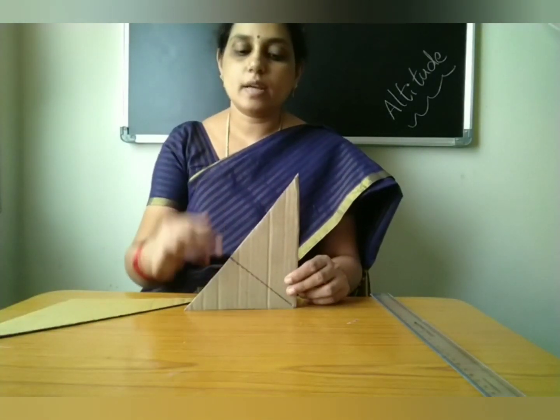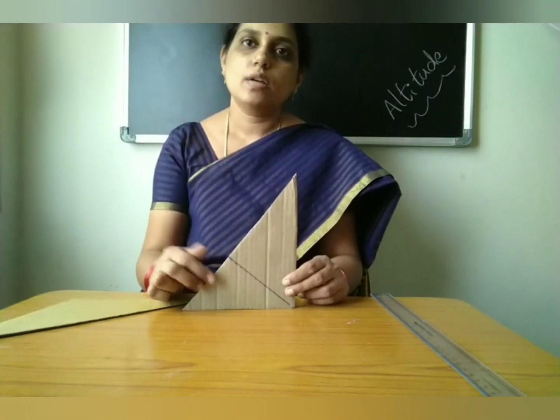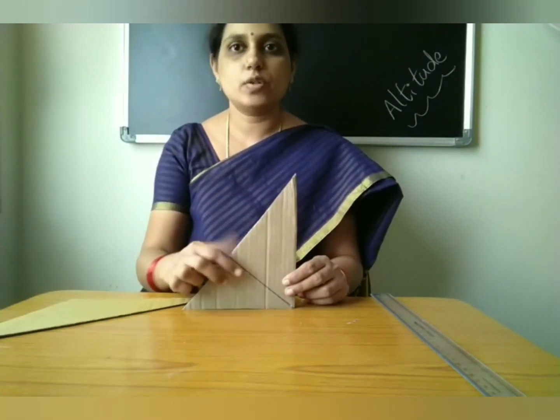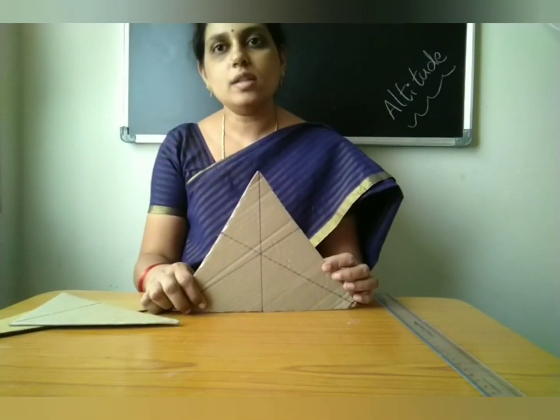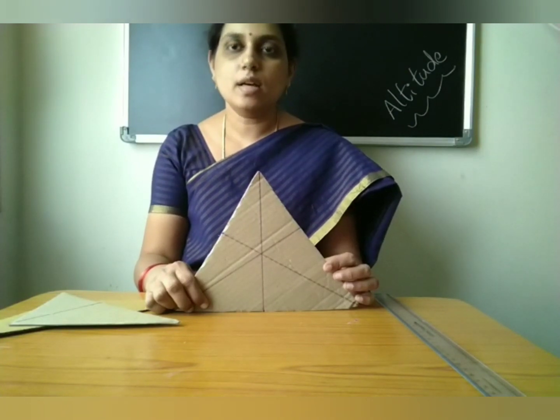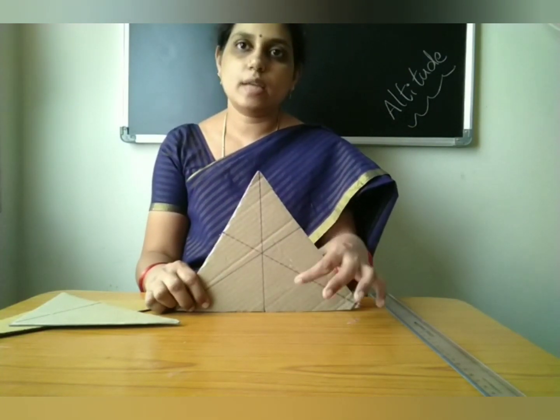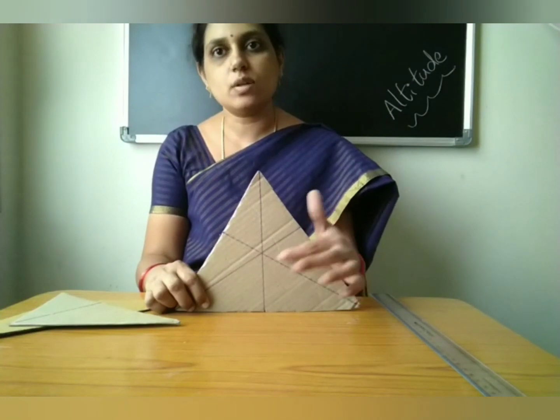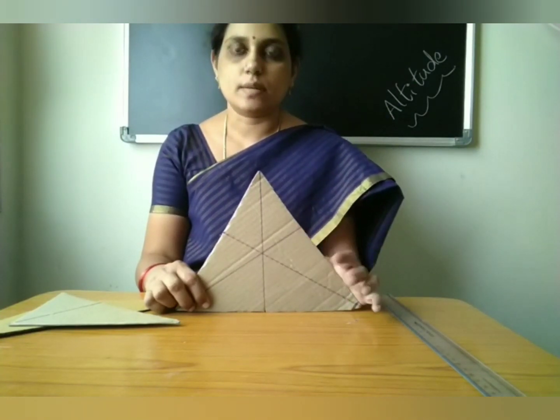Okay, did you understand? So for an obtuse angle triangle, two altitudes lie in the exterior. And for a right angle triangle, two altitudes are two of its sides only. One altitude lies in the interior, whereas for an acute angle triangle, all the three altitudes lie in the interior only, and the orthocenter also lies in the interior. Okay, is it clear? This is about altitudes and orthocenter.